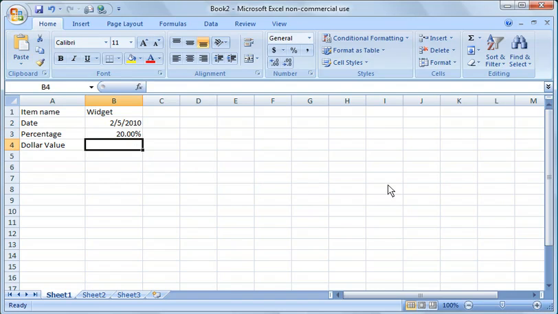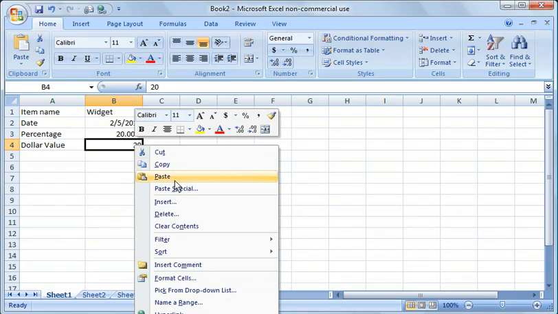Okay? Dollar value, we'll type in $20. So you type in $20, it's just going to come up as plain 20 here. But let's say you want to format it